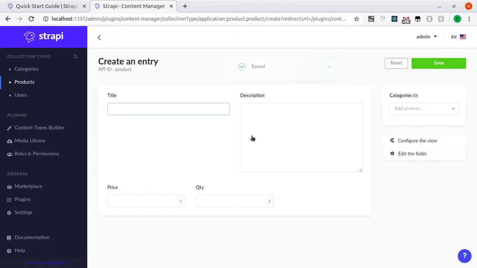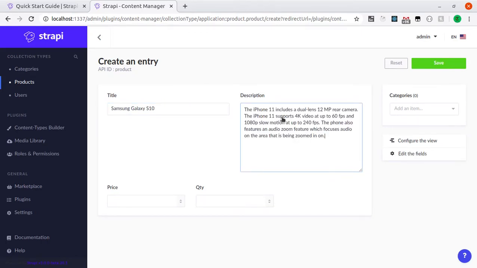Okay, let's add another product, Samsung Galaxy S10, and I'm going to paste a description in there, and price will be 551480, and quantity will be 30, and that is also mobile phones.